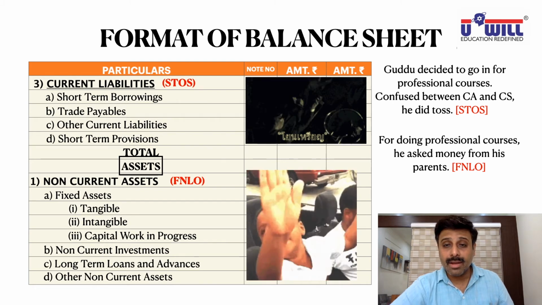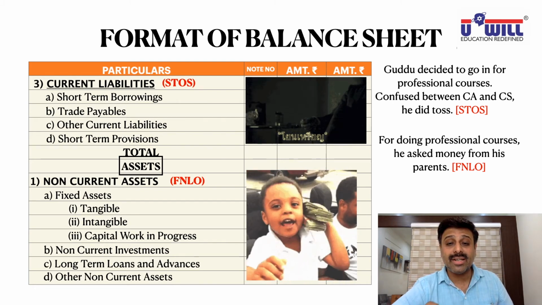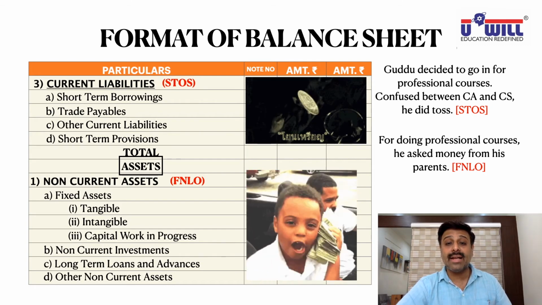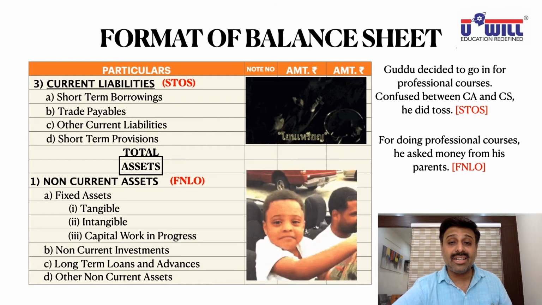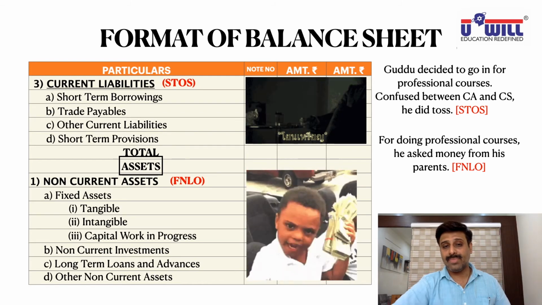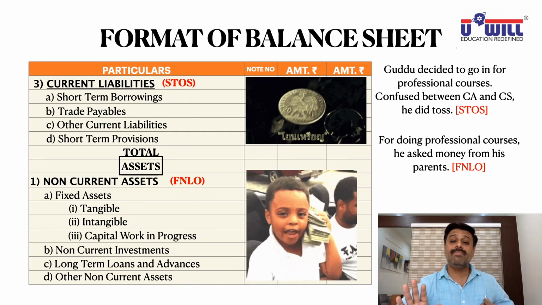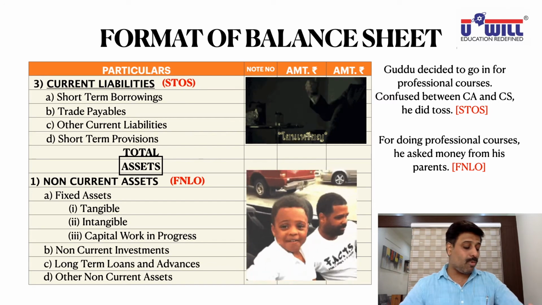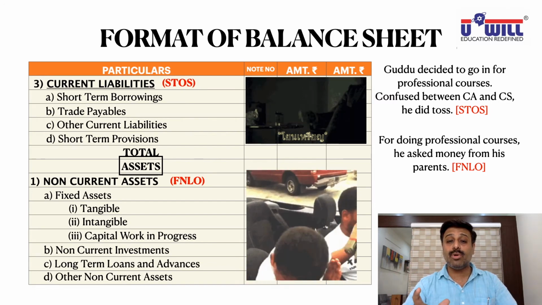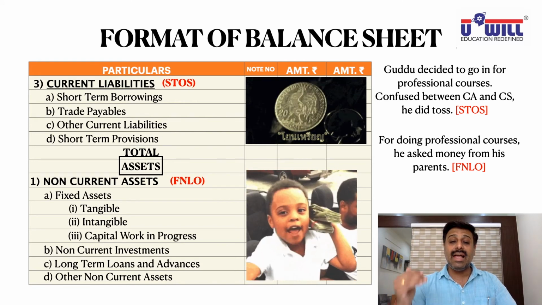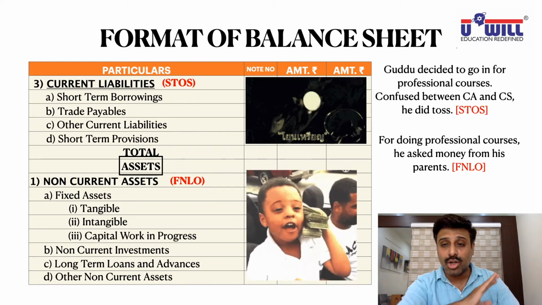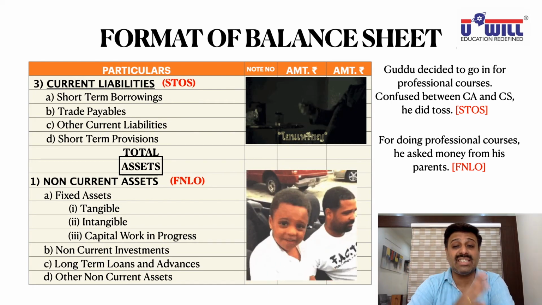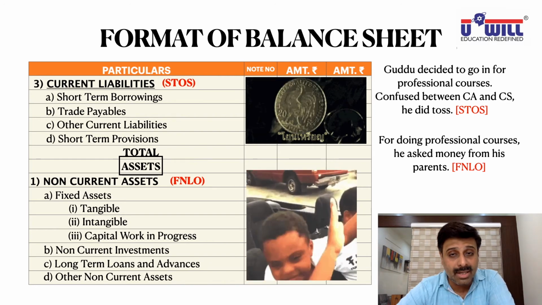In bracket right now, partly constructed fixed assets. Okay, capital work in progress means what? Write down in bracket, partly constructed fixed assets. We will not provide depreciation on them, because until the fixed asset is completely constructed and built, you cannot provide depreciation on them. So capital work in progress means partly constructed fixed assets, and on such fixed assets depreciation will not be provided. Okay, so FNLO, F stands for fixed assets. Which 3 fixed assets? Tangible, intangible, capital work in progress.